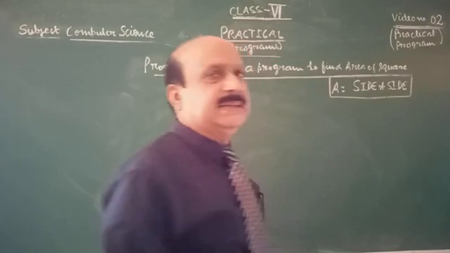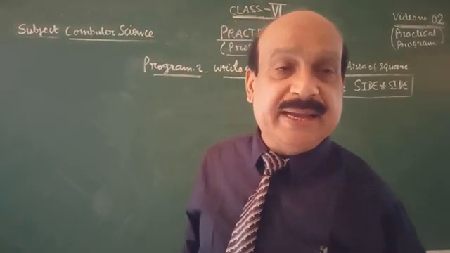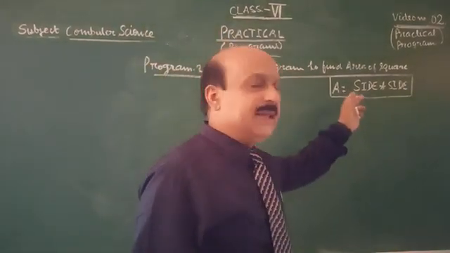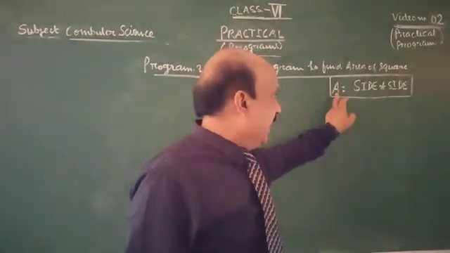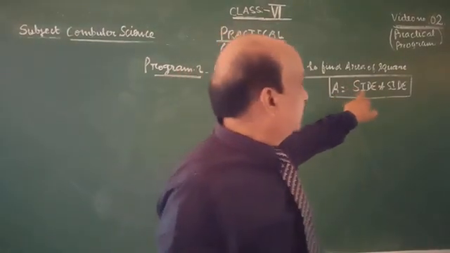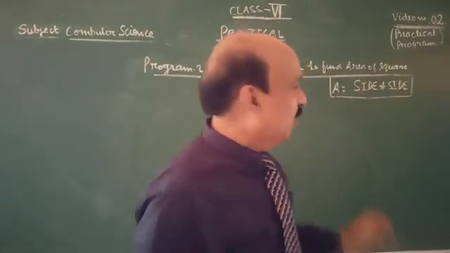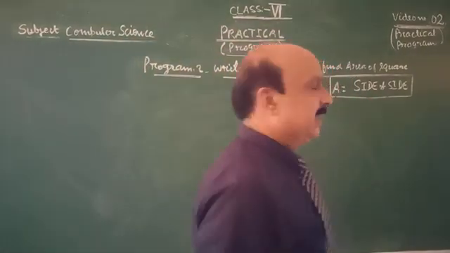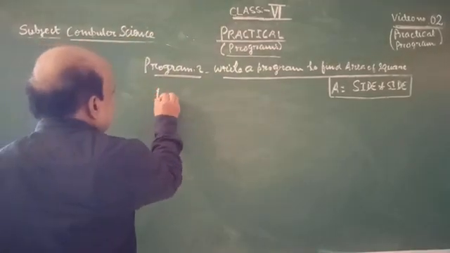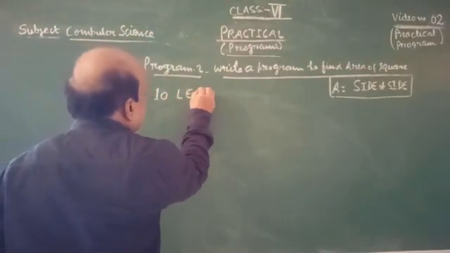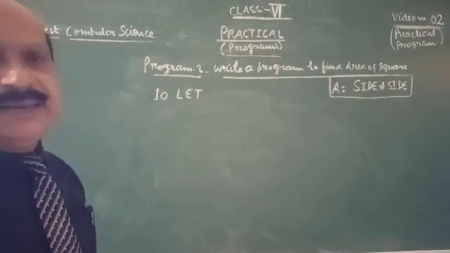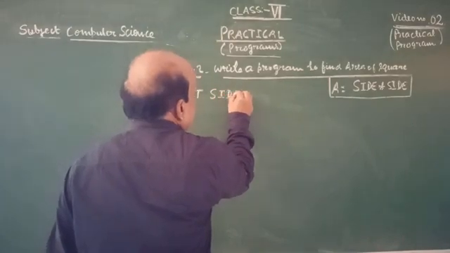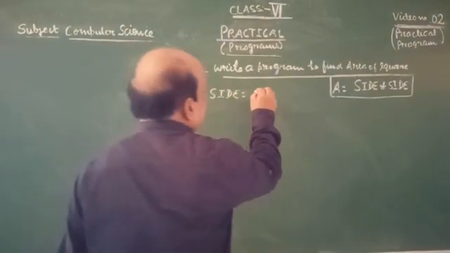In place of side, if you want to indicate with the help of S only, you can use it. The variable depends upon you, whatever variable you are taking. So here A indicates the area of square, side into side. It means first of all you will see what is given after the equal sign. So there is side. Every program must start with the let statement for assigning the value. Let